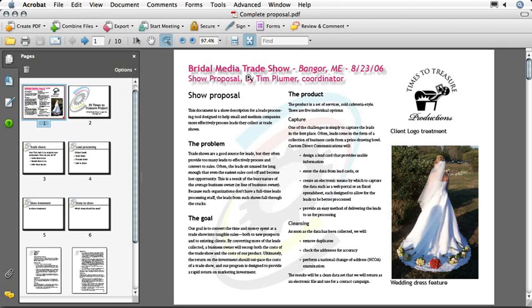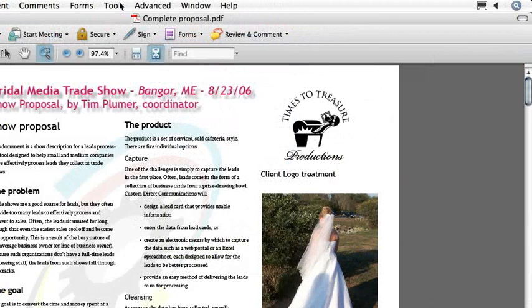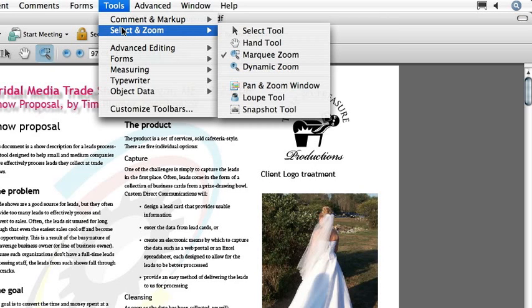That's a very handy way to navigate around a document, but I'm actually going to take it one step further and show you a combination of tools that I tend to use on a regular basis. So I'm going to go ahead and put the Pages palette away. And the tools that we're looking for aren't actually visible by default, so we're going to go find them. I'm going to go to Tools, Select and Zoom, and the first thing that I want is the Pan and